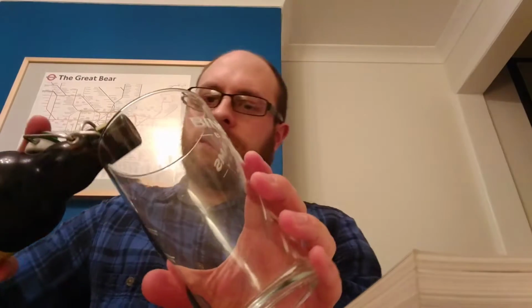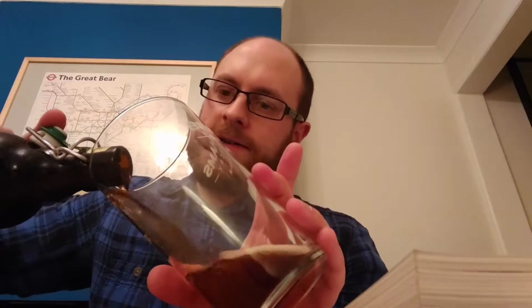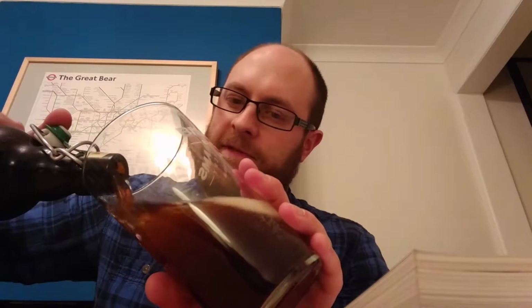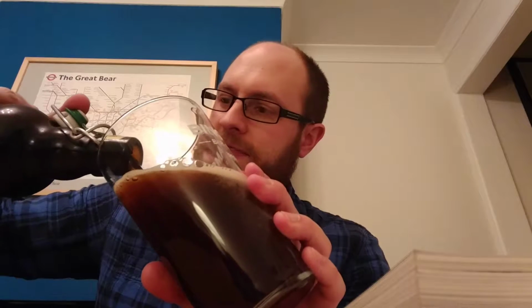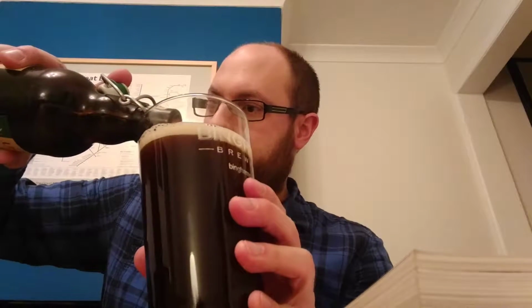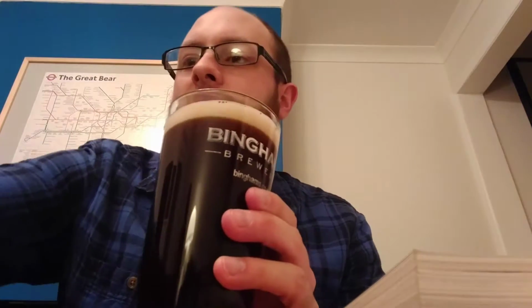So let's crack this open. Oh, haha, right. Oh, it's dark. Okay, I wasn't expecting that, because I didn't know what alt beer was. I'm sorry if I seem like a stupid idiot for that. Now, I've seen sediment in the bottom, so I'm not going to pour the whole thing out. I'm going to get quite a bit of it, and then leave the rest of it there. Okay, so